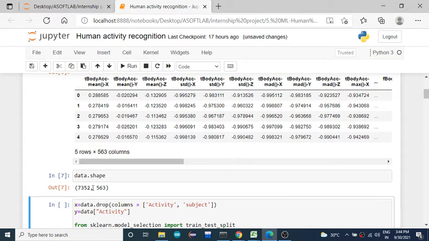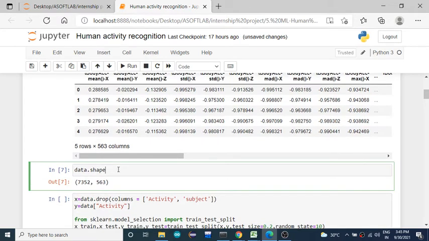Out of these samples, is there any missing data or any categorical data, and what is the data type of each of them? That we should know.